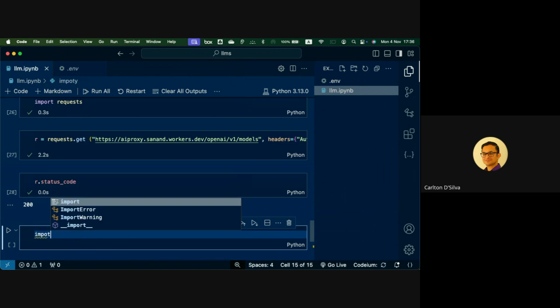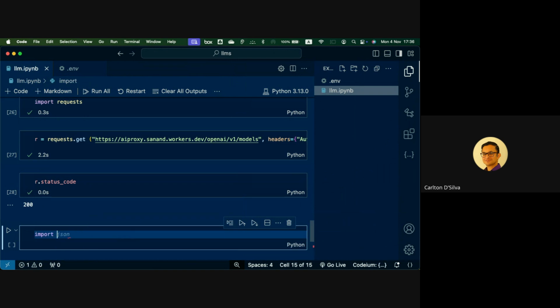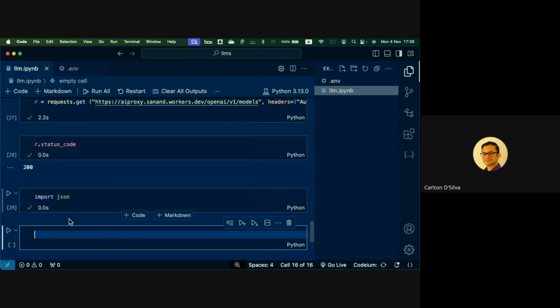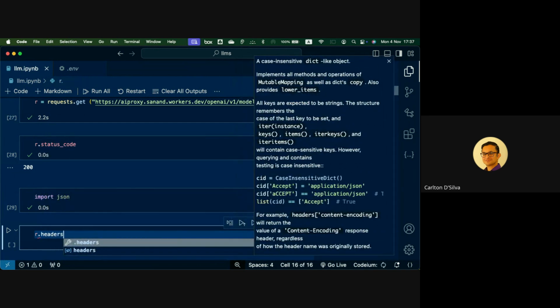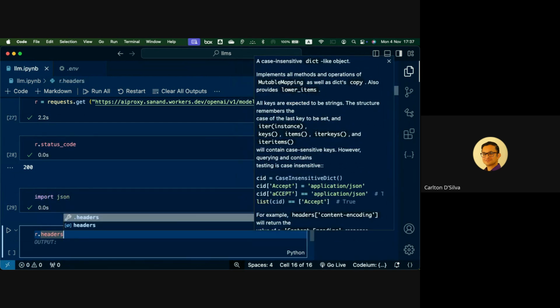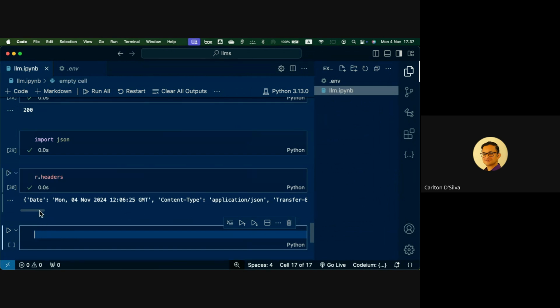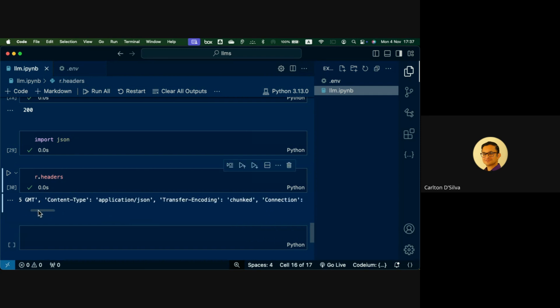Most APIs will give you a JSON response, so it's always useful to have the JSON library. And we'll look at, for example, the headers, because if you remember, I said one of the things we wanted to see was how much it cost and all that sort of thing in this header.